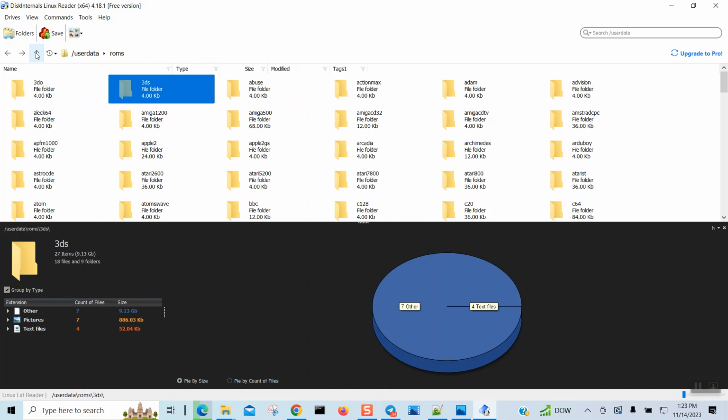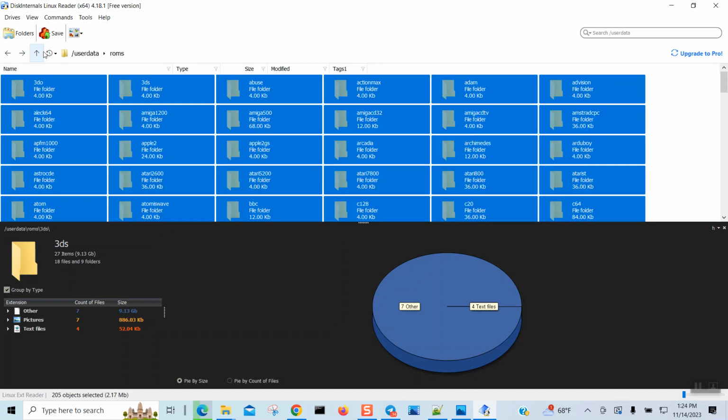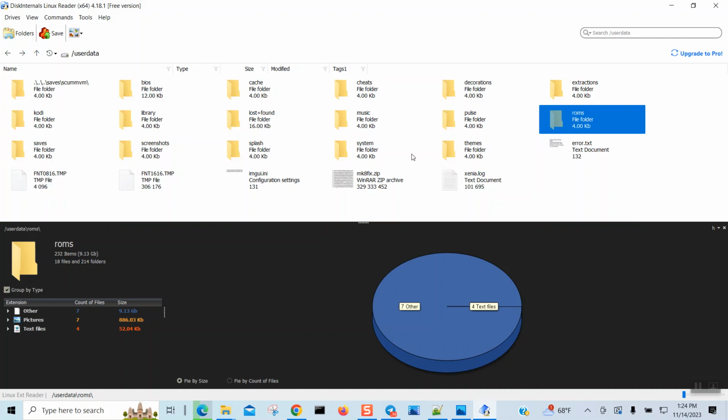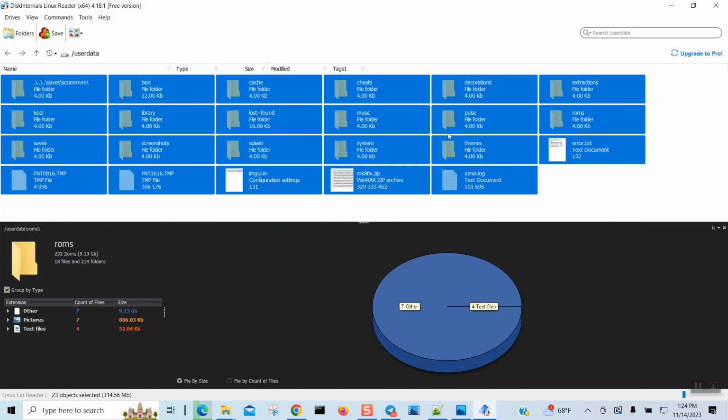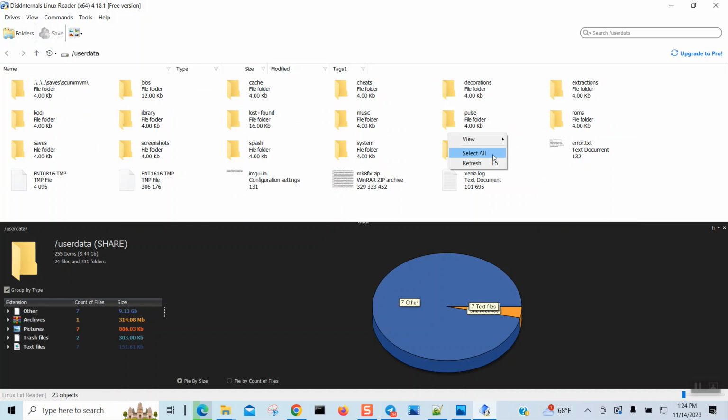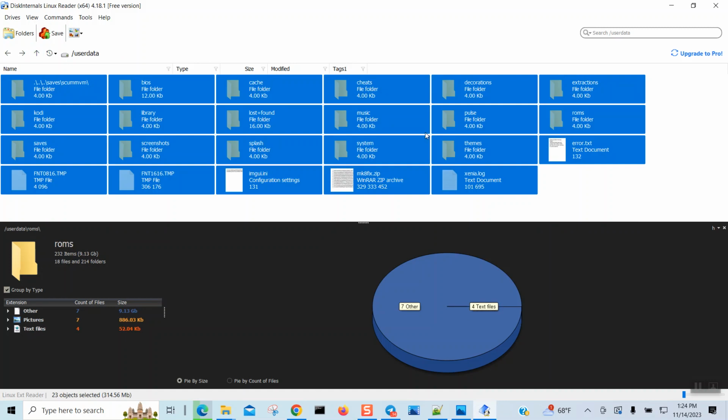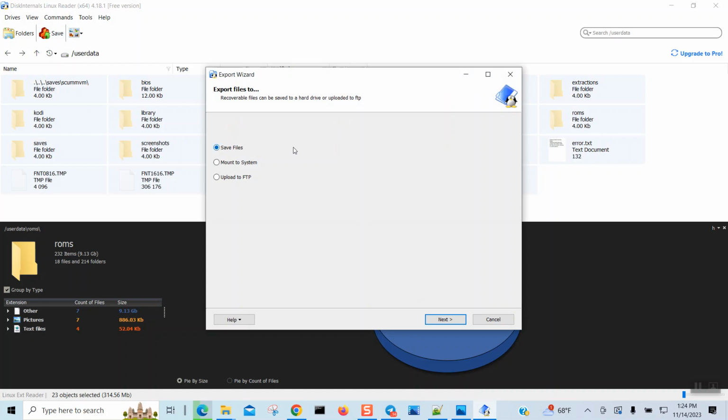So let's just say you want to copy the ROM out, okay, and you really don't have time to see which one. So we're going to select all. Or let's do it this way. Let's just copy the whole doggone system, because this is the drive that I am not able to read. We're going to save it to a file, mounted the system,